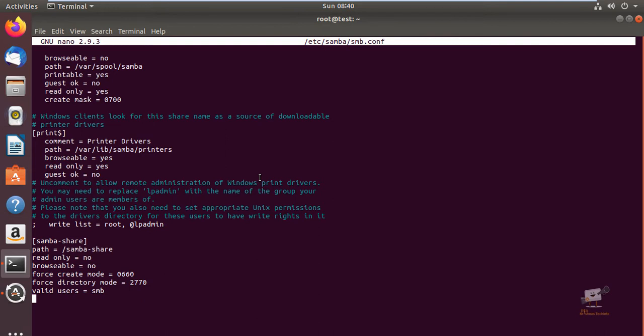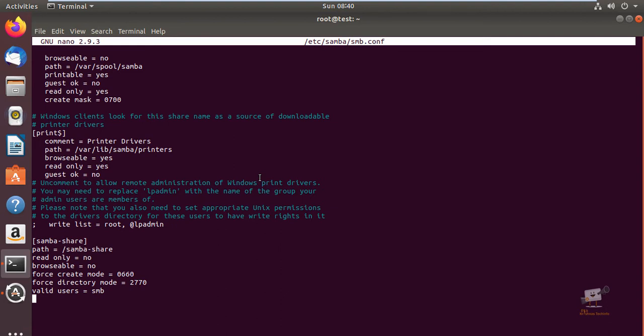We are going to use two options here: recycle keeptree and recycle versions. The recycle keeptree option specifies whether the directory structure should be preserved, or whether the files in the directories that are deleted should be kept separately in the repository. The versions option is for when two files with the same name are deleted; this option will keep both the files with the name copy of, so you can use the various versions of the files and directories which are deleted.